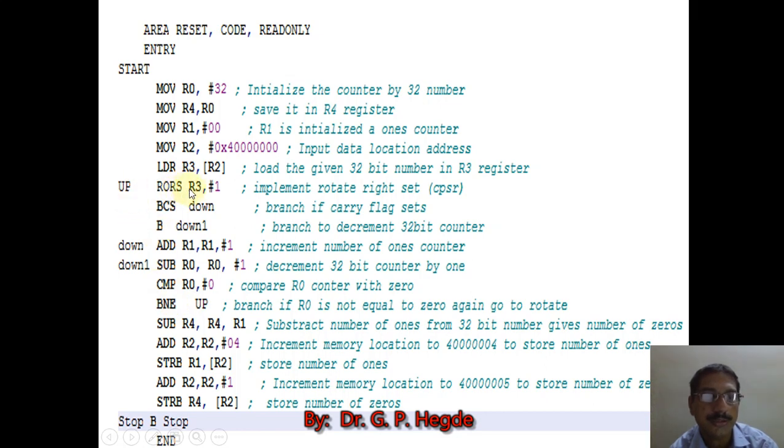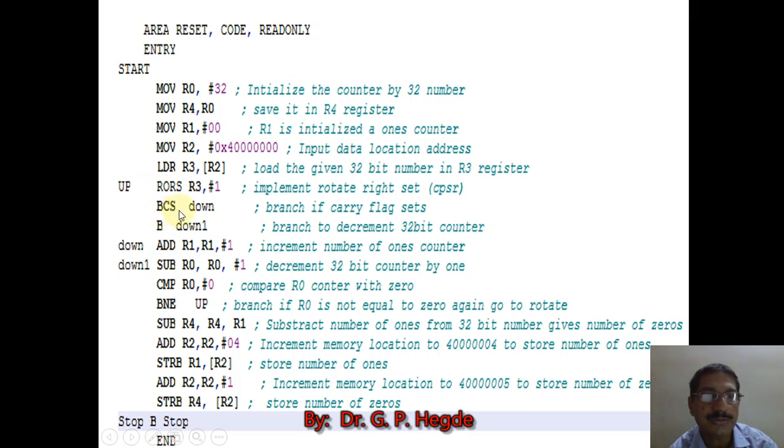Again rotate the 32-bit number by 1. Then again, if the carry flag sets, you go down and increment the ones counter, then subtract that 32 counter by 1. It becomes 30 now. Then compare R0 with 0. If the counter is not 0, then branch not equal, go up. Again execute ROR.